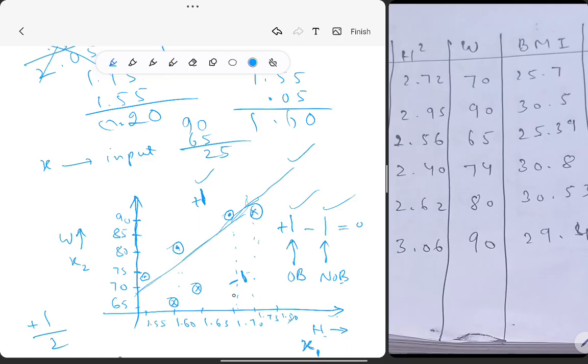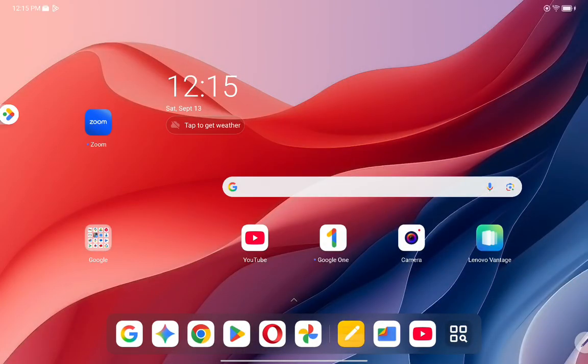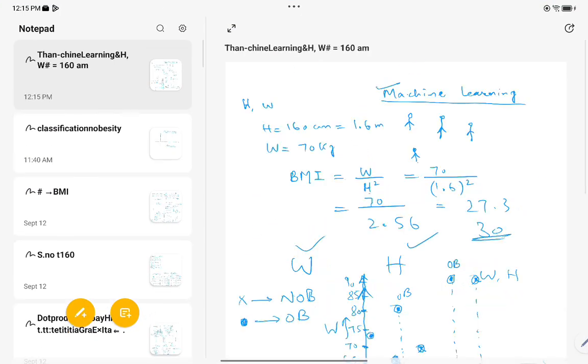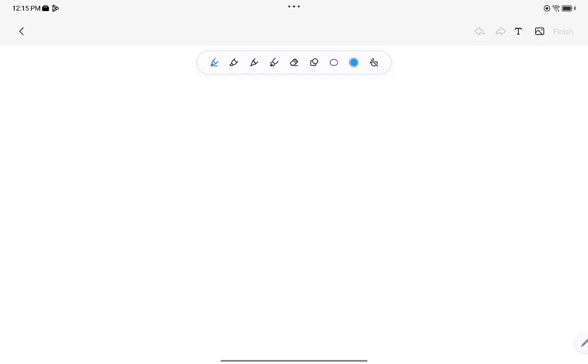In case of weight and height, you cannot do that, because you can see this body mass index. I'm sorry, I have lost track. Okay, we will go for another video after this, because already the duration of the video has crossed 30 minutes. I don't want to make it too long, but I will return and make another video for the rest of the topic.